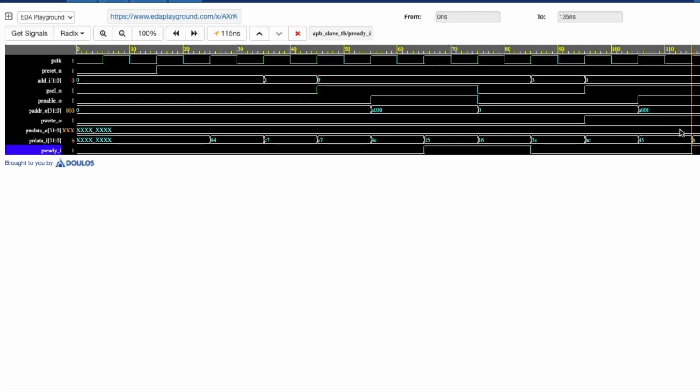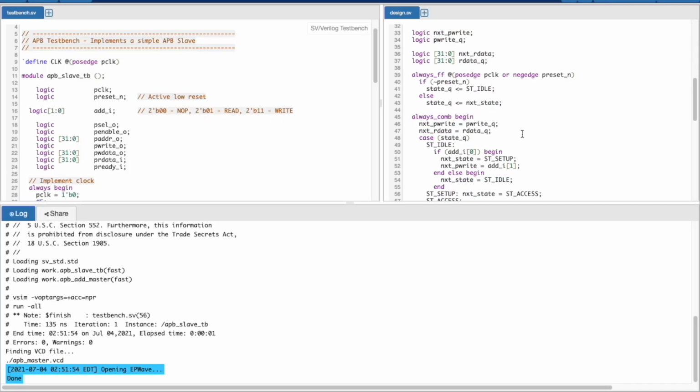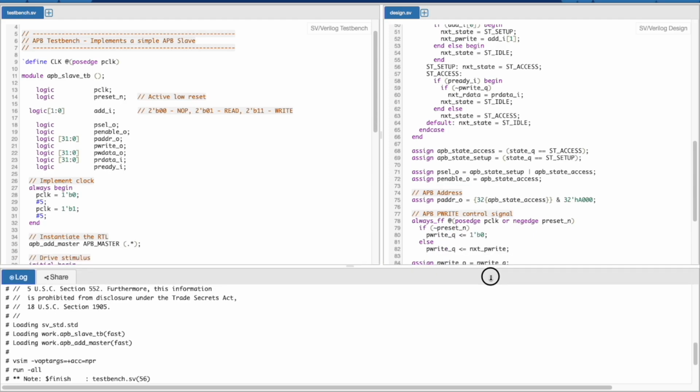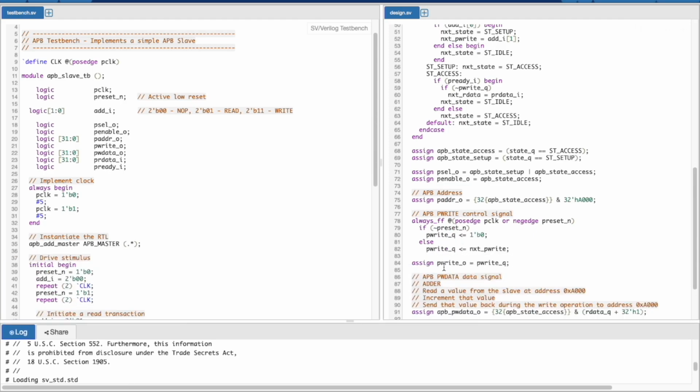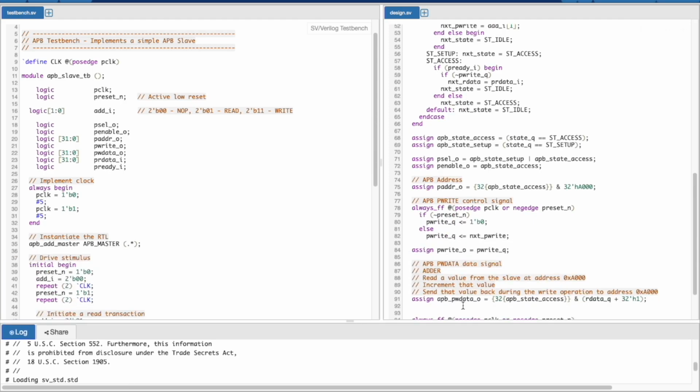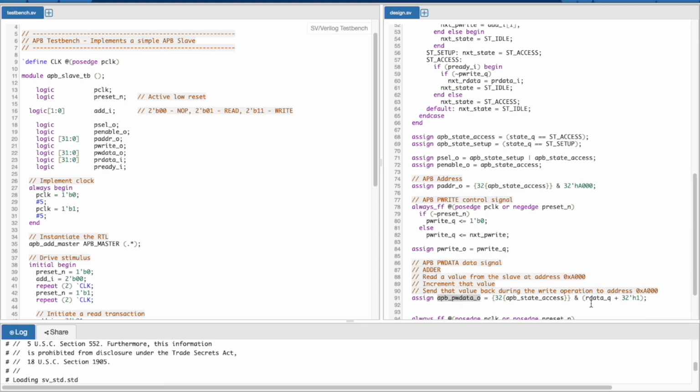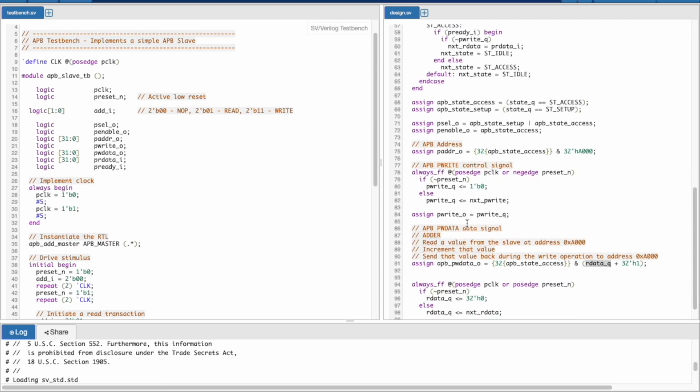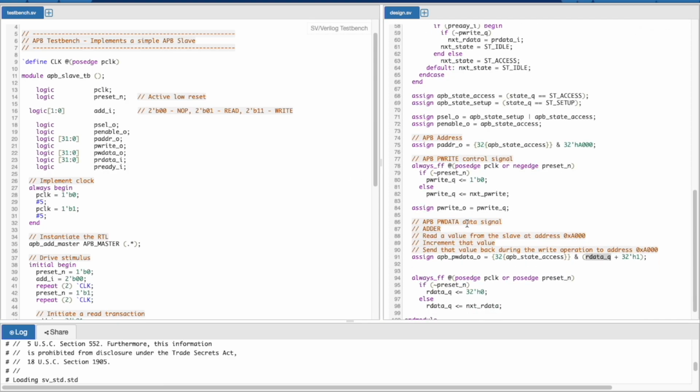So there's something which is going wrong within the RTL. We need to see and fix that. But other than that, I think it is working correctly. So let's try to fix and debug what is going wrong. What we know is that our P write data is all X, which means something is not happening correctly.